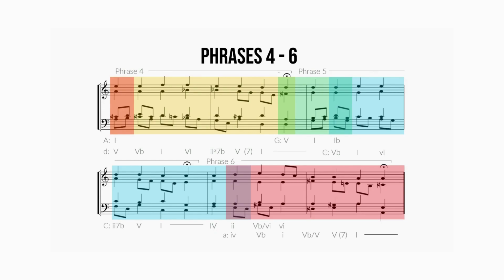Lastly, in phrase 6, we transit back to A minor, with the D minor chord as the pivot. It is chord 2 from C major's view but chord 4 from A minor's. We then have the secondary dominant to tonicise A minor, marking a return to the key we started.